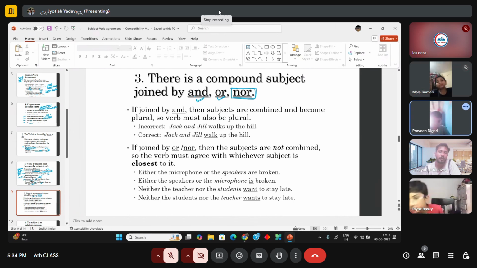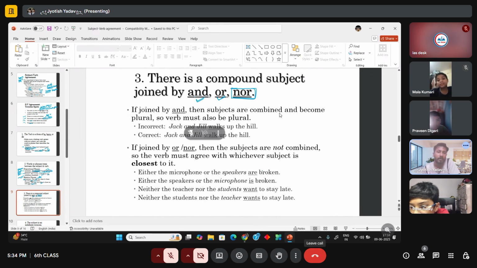Nor means when both situations are not correct, and we exactly want to say that we don't want to do both things. Like: he doesn't want to drive a car, nor to take a bus. It means we don't do both actions, and that indicates "nor". Right. So see, if joined by "and", then the subjects are combined and become